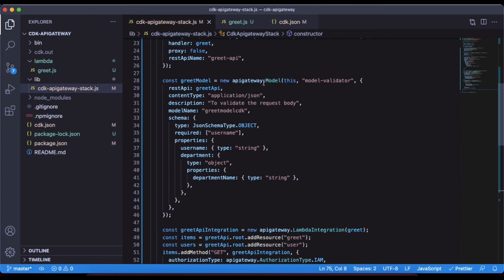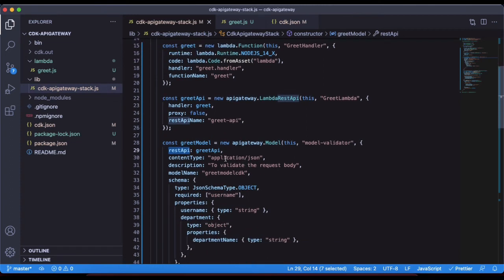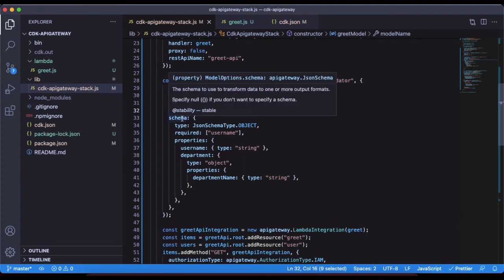So what we are doing is creating a model, which is the model validator, and we have this REST API which we are pointing to this greet API, and we have a content type which is used for validation, which is application JSON, and we can give the description and model name. And here comes the main part, which is the schema.